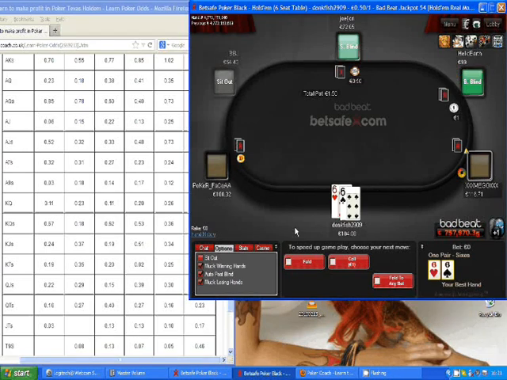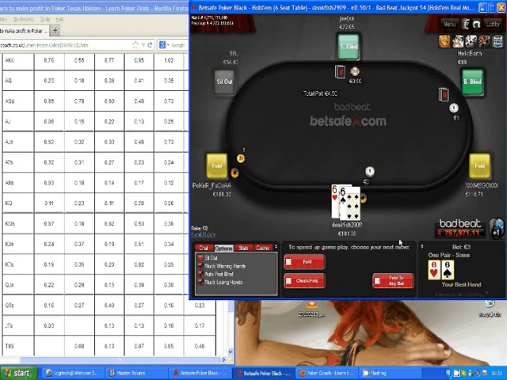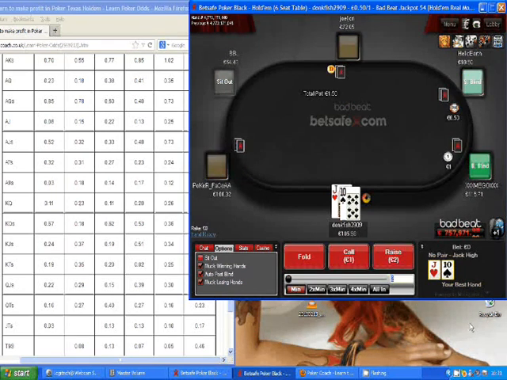This is a good example. I'm in fairly early position here, so I'm in mid position. I'm going to raise it because I might obviously get a fold all around the table anyway and pick up the blinds, which I need to do in order to give myself that extra cash to continue